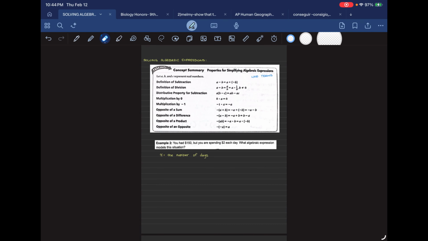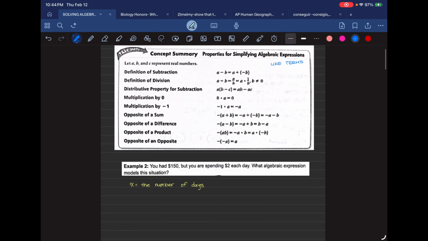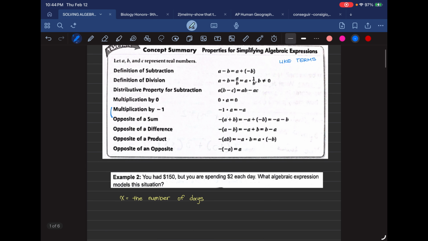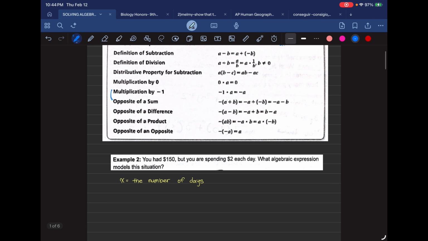Hello everyone! Today's lesson is all about solving algebraic expressions and solving algebraic equations. First though, let's look at expressions first. I wanted to take note of these two in particular for these concepts, and we're going to move straight onto